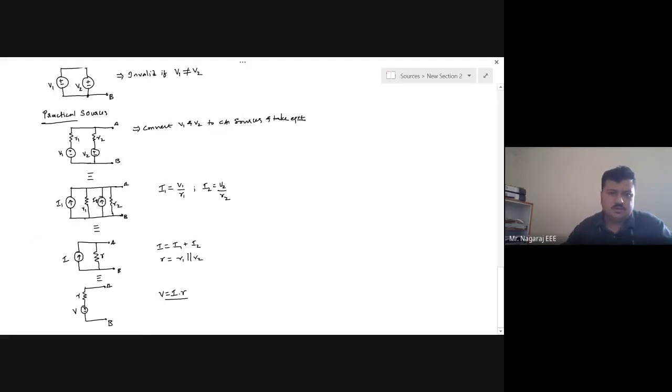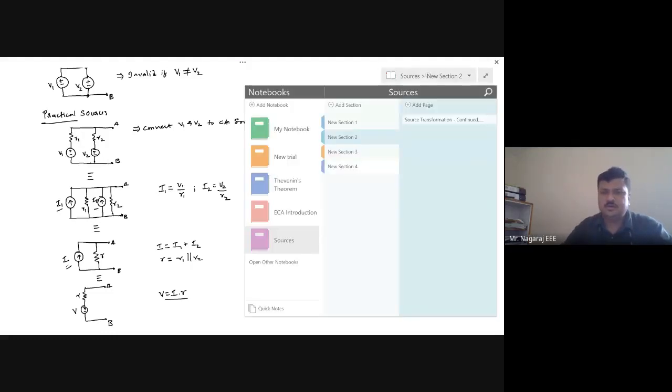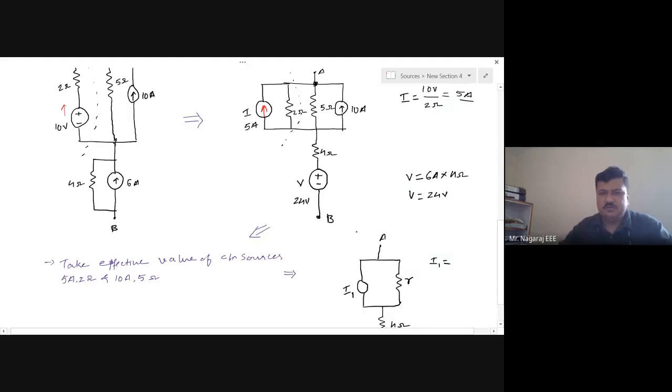This is what we have seen when the current sources were in parallel. When the current sources were in parallel, you observe this is I1, this is I2. When I1 and I2 were in the same direction, the resultant current I was taken as I equal to I1 plus I2, and these two resistances R1 and R2 are taken as effective value which are in parallel. So this is what we have done, theoretically we have seen. The same thing has to be applied here. So in this section, I will observe the value of this current source, the value of this current source and the direction. And here we see both the current sources are in the same direction.